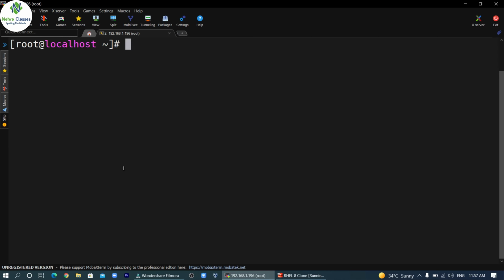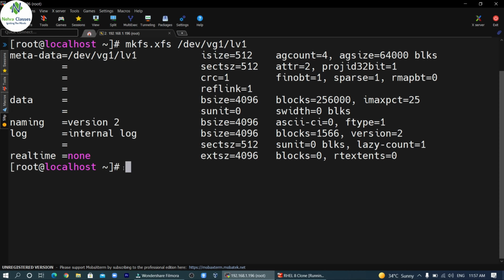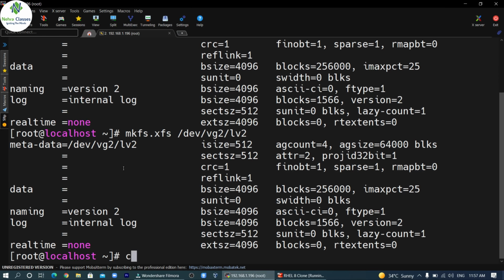Now we will format both the logical volumes. So we will execute mkfs.xfs /dev/vg1/lv1. So it will format this logical volume lv1 as XFS, and we will format lv2 also as XFS.